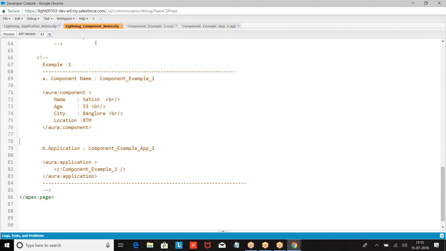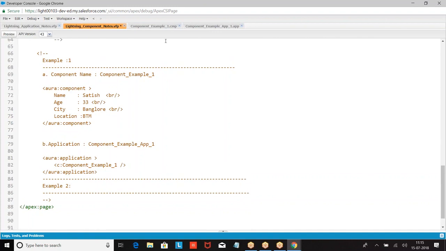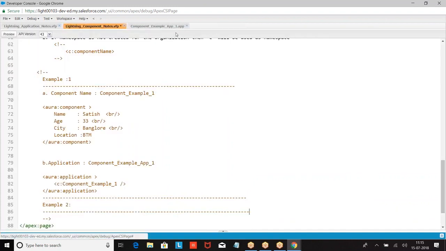Let us take the second example. We are going with example 2. So in the second example, we want to create component and application. So how do you create a component? Tell me now.